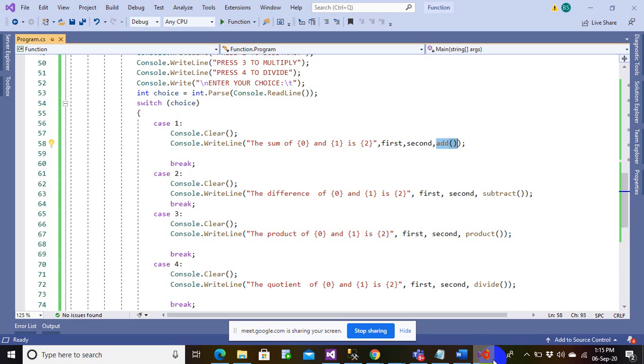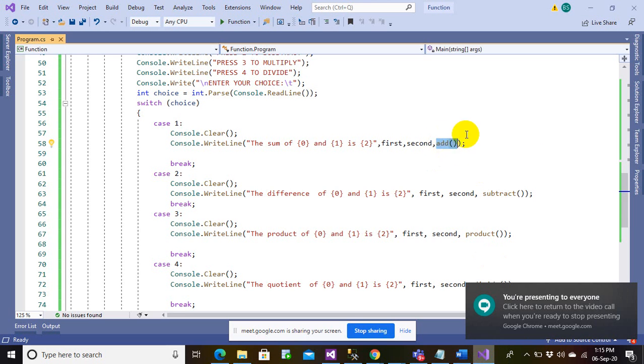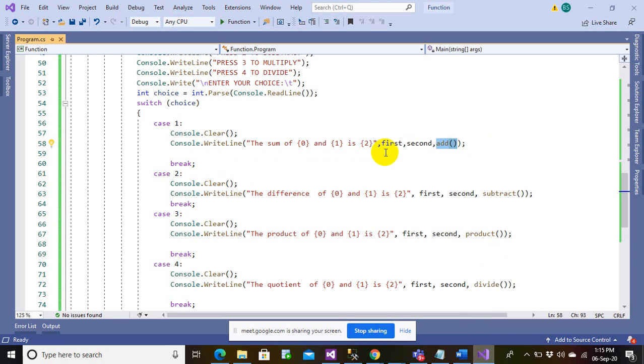So we have a serious issue here, everyone. It's all about making a function call. Because this is called later on, we are having an issue.